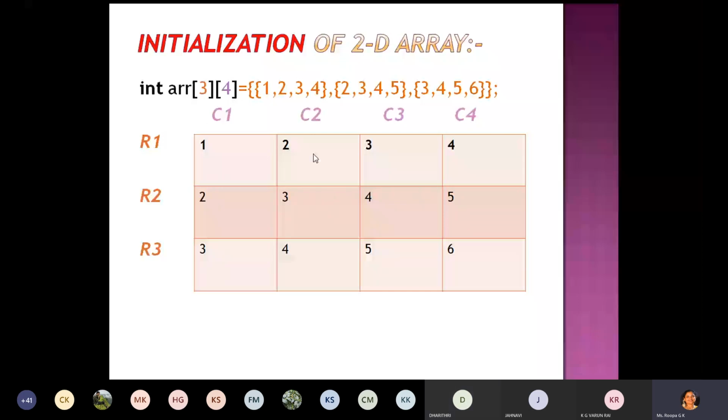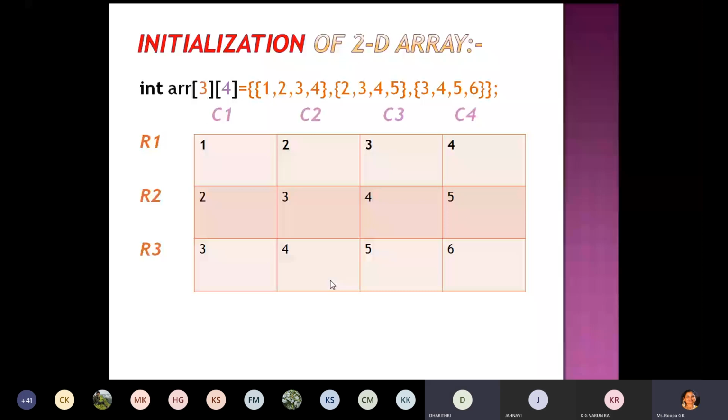In the second set of values, 2, 3, 4, 5 means in the second row we have the data 2, 3, 4 and 5. Then the third row has 3, 4, 5, 6. This is how data is stored in a two-dimensional array.